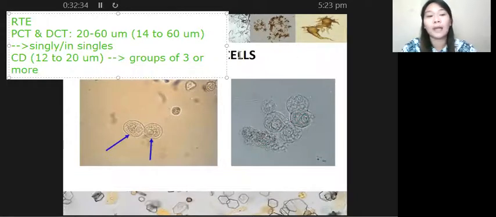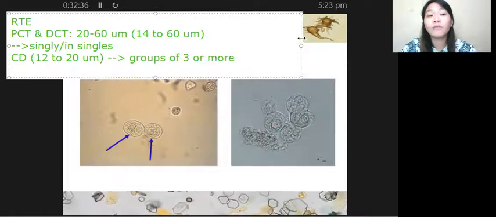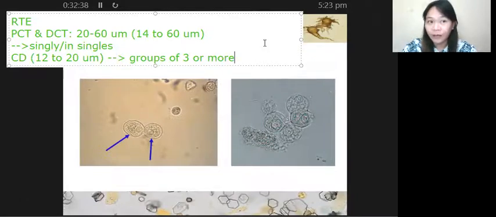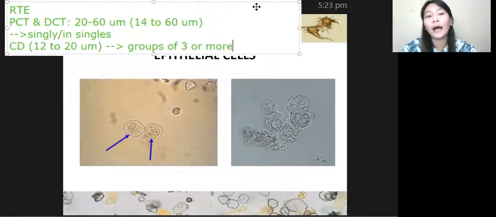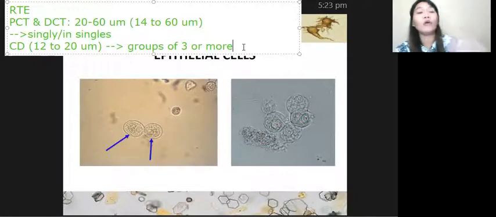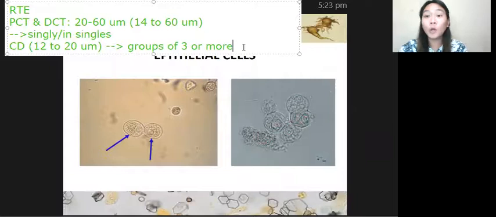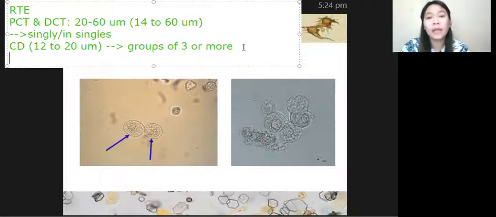Okay, so they usually appear in groups of 3 or more. Alright, so yan po ang kanilang basis of differentiation: yung size, at saka syempre yung arrangement, as they are observed under the microscope. Alright, so yan. In one of the books that I have read,